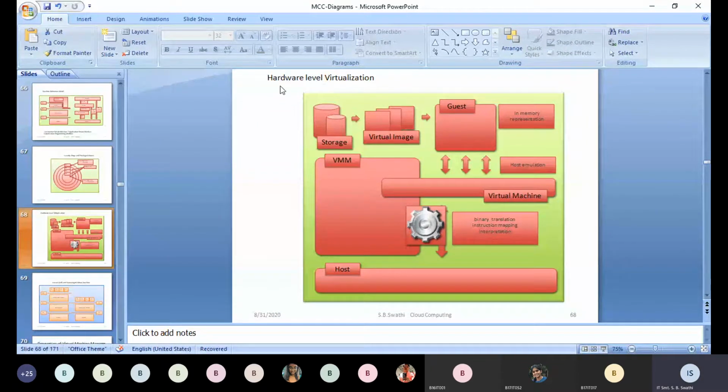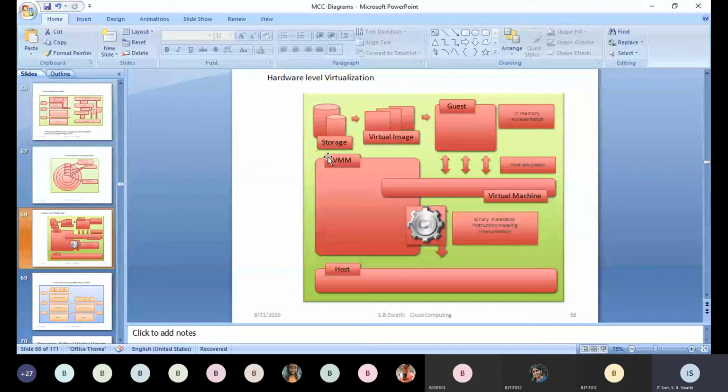Students, in the name itself you can identify what hardware is. Hardware is the background architecture which we require, the configuration, or the supporting storage, whatever we require for running an application. All those come under hardware level virtualization.